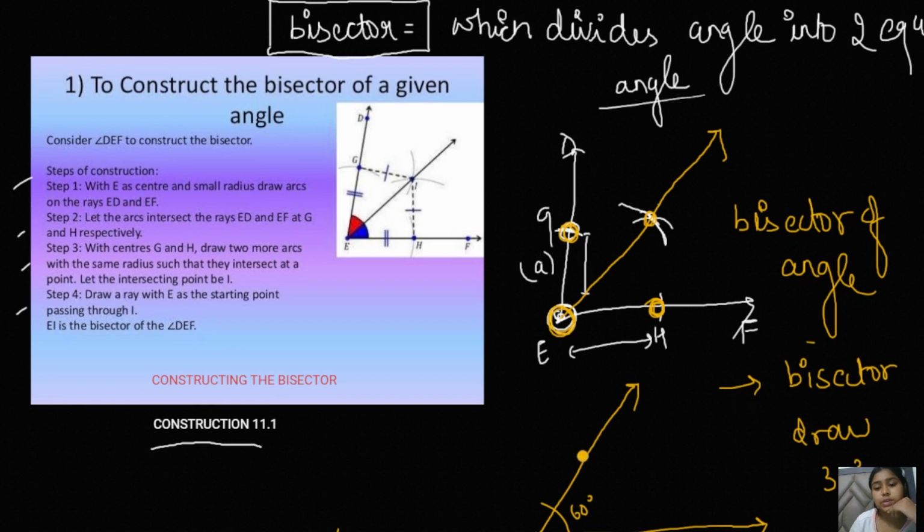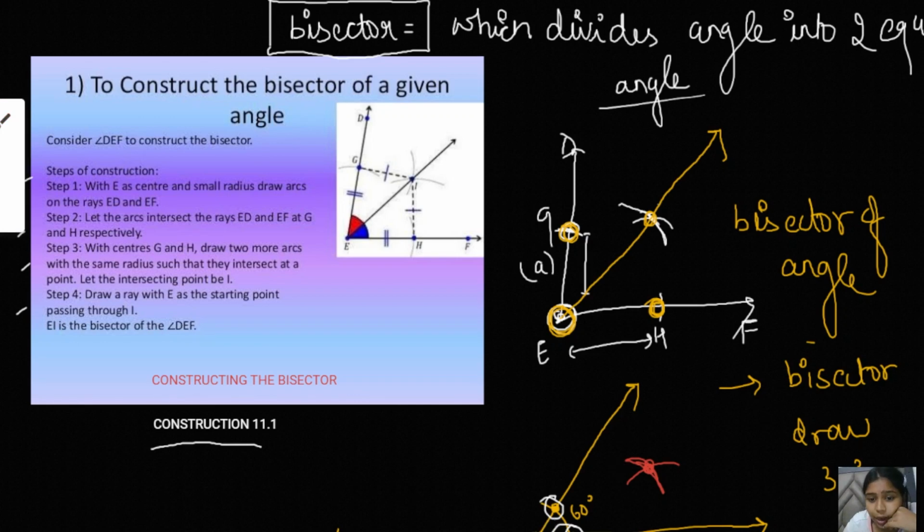This is the center, this is the 60-degree angle, and this is the other arm. First we put the pointer of the compass at this point, and we draw the arc like this. Clear? Then we put the pointer of the compass at this point, and again draw the arc at the same distance like this. So this is the point where the arcs meet. Am I right?